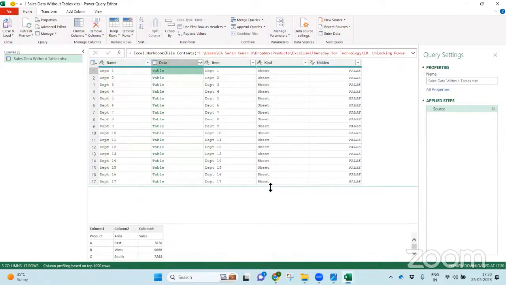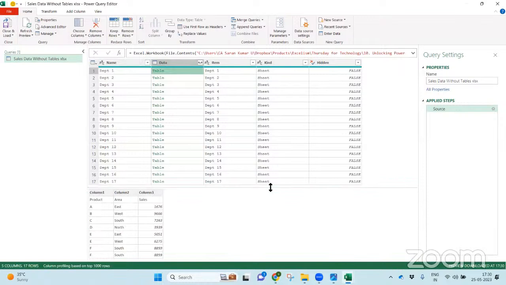The best part of Power Query, in fact the powerful thing about Power Query, is that a Power Query cell can save even binary. A Power Query cell can save a table, a list, a record, and so on. Right? Now, if you observe each cell, this is a sheet name. In that, I have a table, which is nothing but the range. This is the second sheet. I'm also having another range.